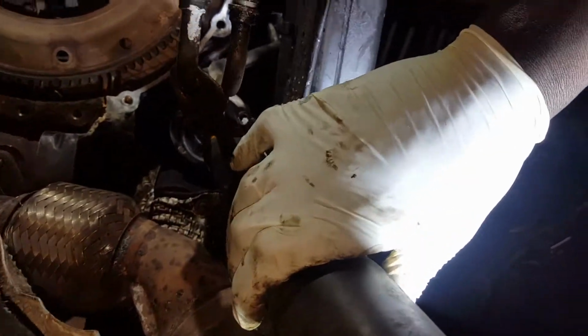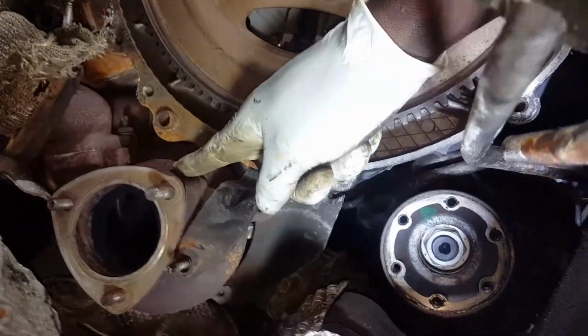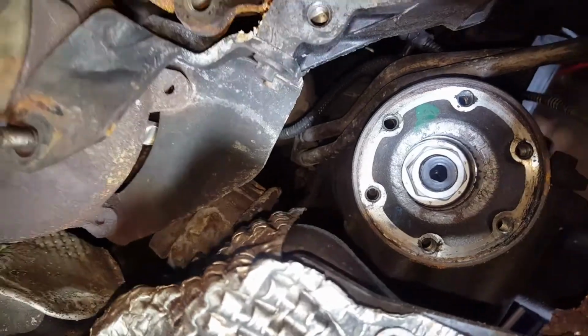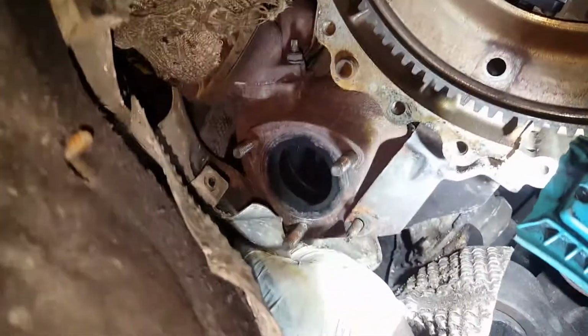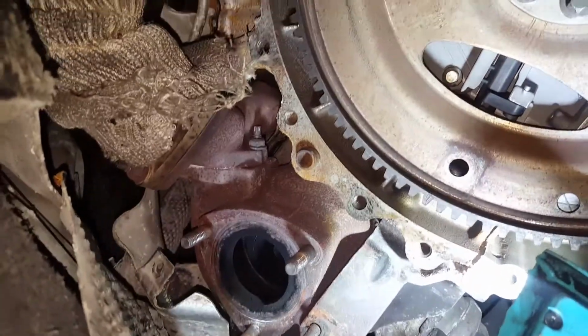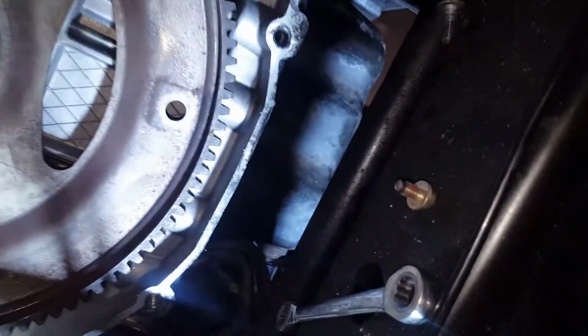I'm also going to take this prop shaft out just to get more room. Alright, now the exhaust is out and the prop shaft is out, and this is the turbo. I might need to take this bracket off, or I might need to just take these 2 screws out, but we will see. I got this bracket off. It goes on top of the turbo, and it's held by 1 screw here, 8mm. One of that,